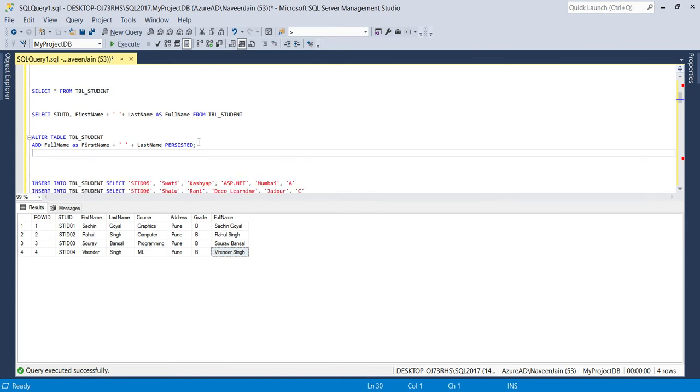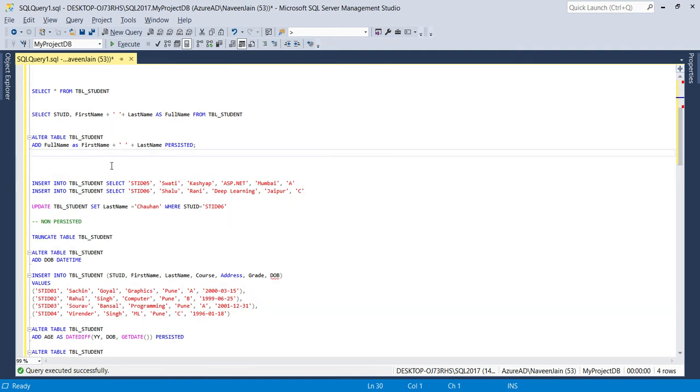Now if we update any value into this table, it will recompute. This computed column updates its value whenever we insert any new record, or whenever we update any column value which is included into the computed column.